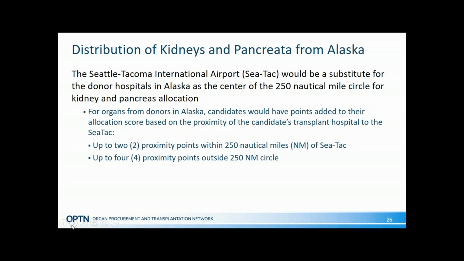The next proposal is related to the distribution of kidneys and pancreata from Alaska. And this was sponsored by the Kidney Transplantation Committee and the Pancreas Transplantation Committee. This proposal would have kidneys and pancreata that